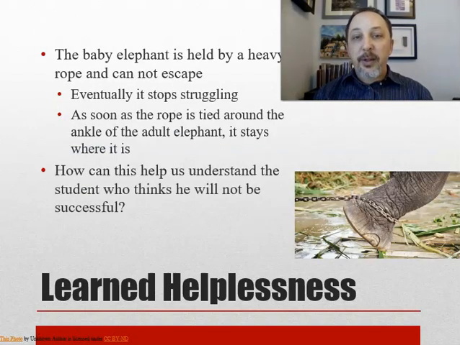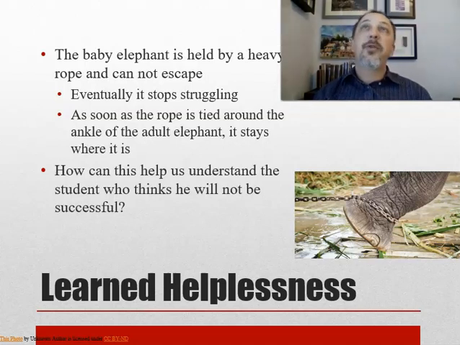Well, how do they get amazing, powerful, difficult to control creatures like elephants to basically do what they want? When the elephant is a baby, they wrap a heavy rope or chain around its leg that's so strong that the elephant will try to get away and it'll just dig in and be painful. And yes, it is as horrible as it sounds. As soon as the rope is tied around the ankle of the adult elephant, it just gives up. It has learned that rope means it can't escape.